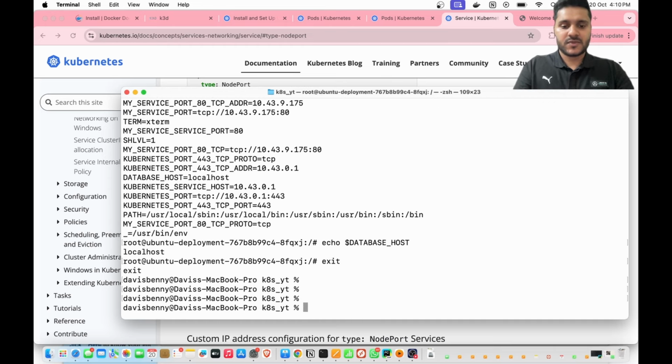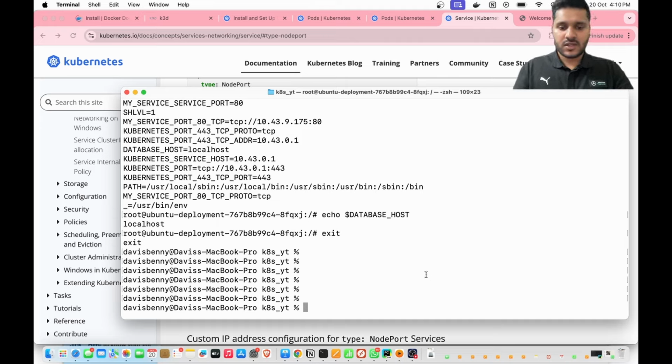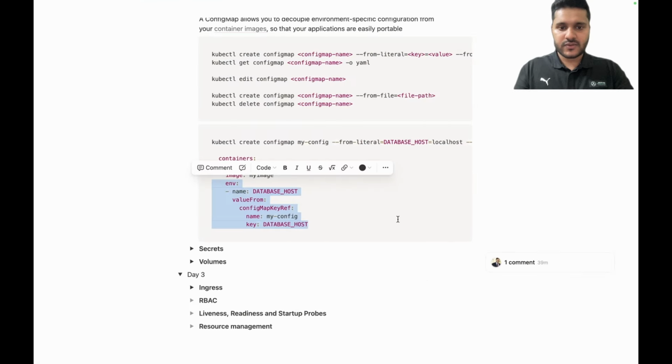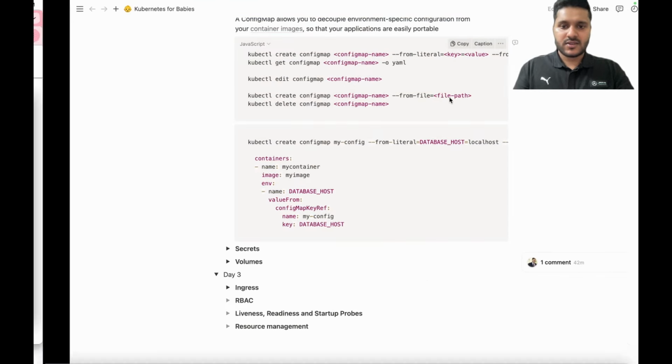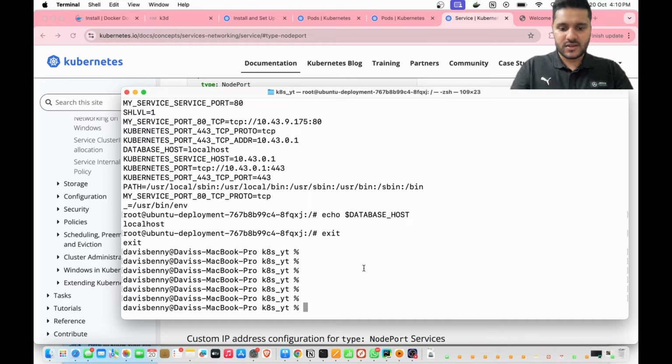So that's how we inject config maps as an env or environment variable to the container. Now we have two things pending, right? How we load it from a file. So let's do one thing. Let me create another file,